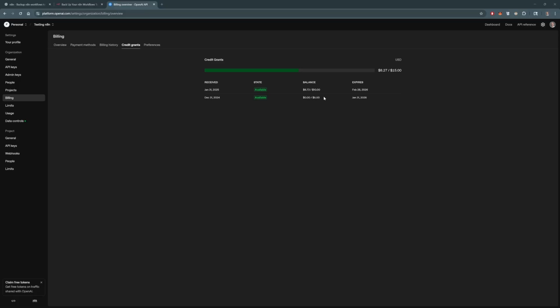Like for instance, I ran out of my initial $5 input, so I put another $10. So this will show like the total amount you put in, but keep in mind this first $5 is used up already. So it's kind of a weird way they did it, but I'm guessing after January 31st, 2026, that will drop off to $5 less. But keep in mind, it will expire after 13 months. So don't put hundreds of dollars in here and find out you're not going to use it and it just all goes away. So something to keep in mind.